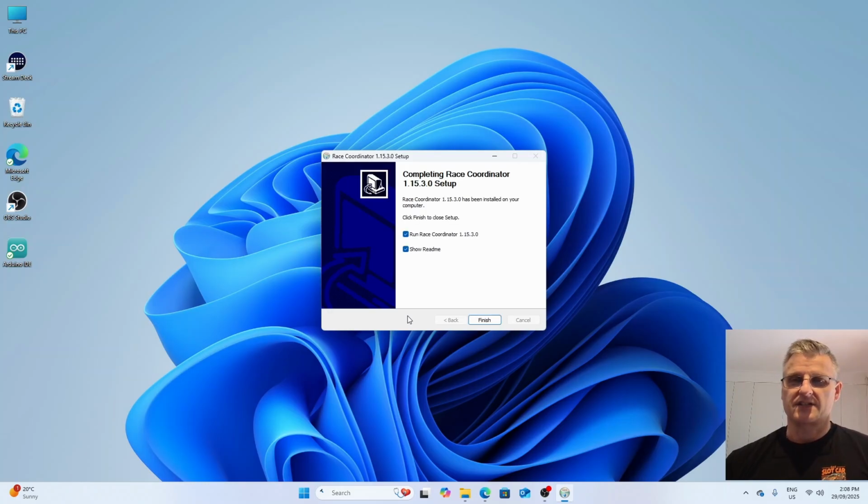For what it is, it's a very small program. It's unbelievable. There you go. So we've still got the timing system plugged into the computer, and what we can do next is run Race Coordinator and jump into the setup and configuration side of things. So you can see here it's checked to run Race Coordinator 1.15.3.0, so when I click finish it will run